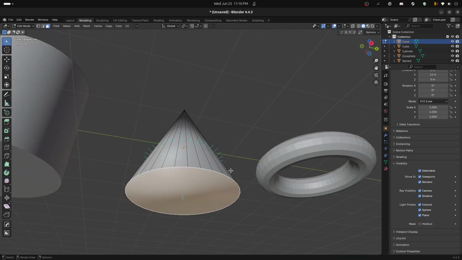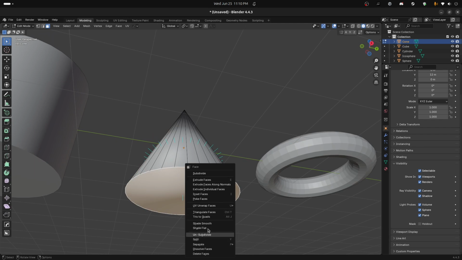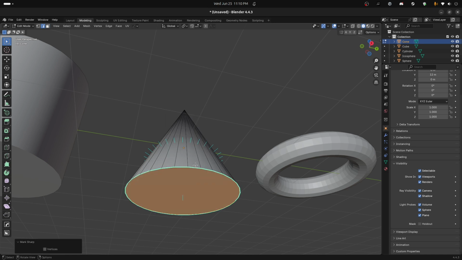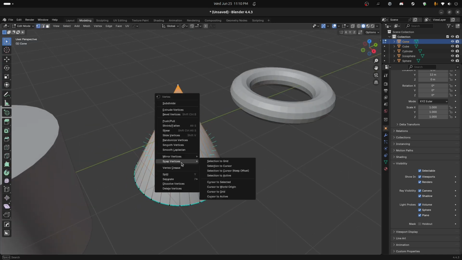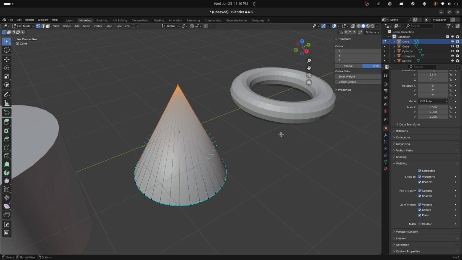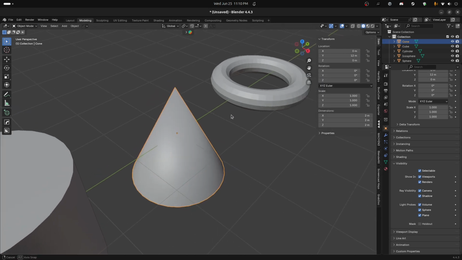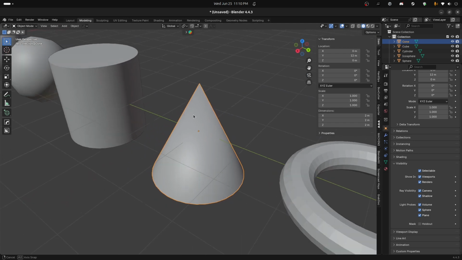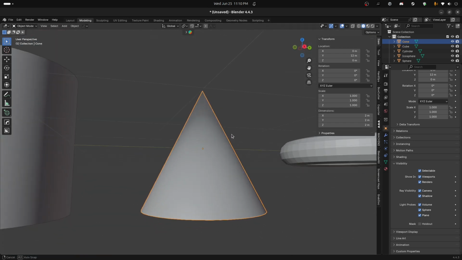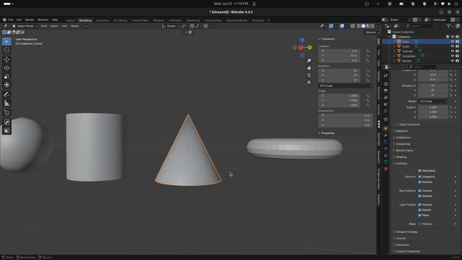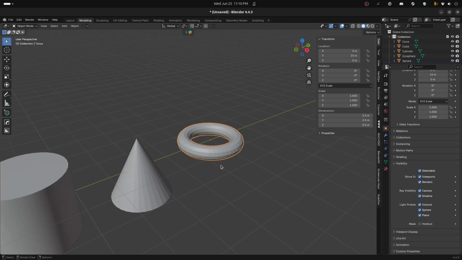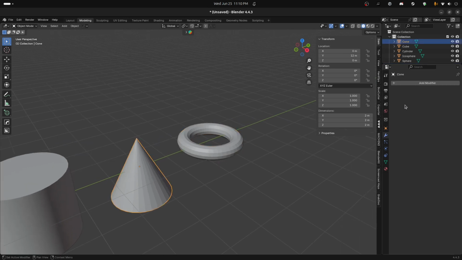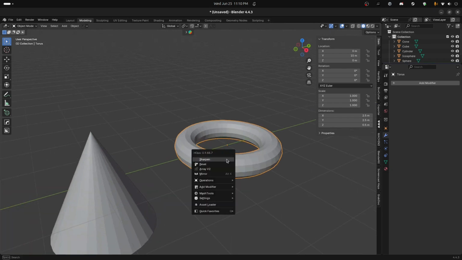So I'm guessing these need to be sharp. Yeah, I'd have to work on that some more, but that doesn't look great, that shading. But we'll go back to shade flat. Okay, and this one,